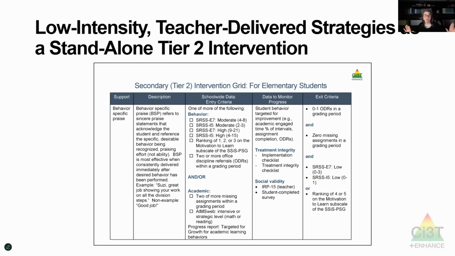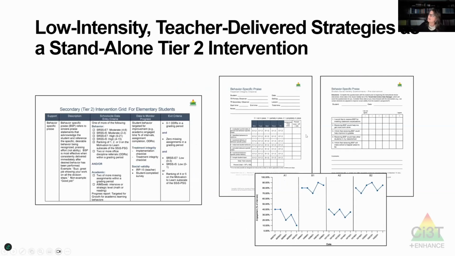It doesn't mean you stop praising all the other kids, but if I was in Joni's class, she might think, ooh, looking at this, Kathleen could really benefit potentially from some higher rates of behavior-specific praise. And then anytime we put a kid into that extra intervention, we are going to do 3 things. We're going to make sure it's happening, so I'm going to monitor treatment integrity. And before I start, I'm going to explain the intervention to the kid. It's not a secret. I will collaborate with the family. I'll get their input on the goals, the procedures, and outcomes. And I'm going to collect information to see, and Joni might do it, like for me, when I do this for Kathleen, does her engagement go up? Does her disruption go down? And there's a planned exit criteria for when to conclude it or start to fade it.